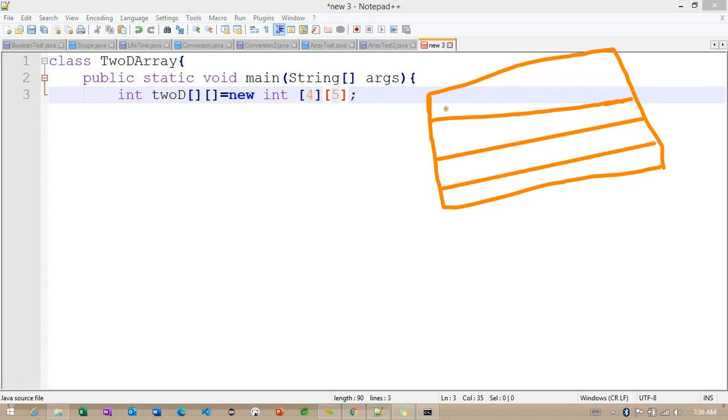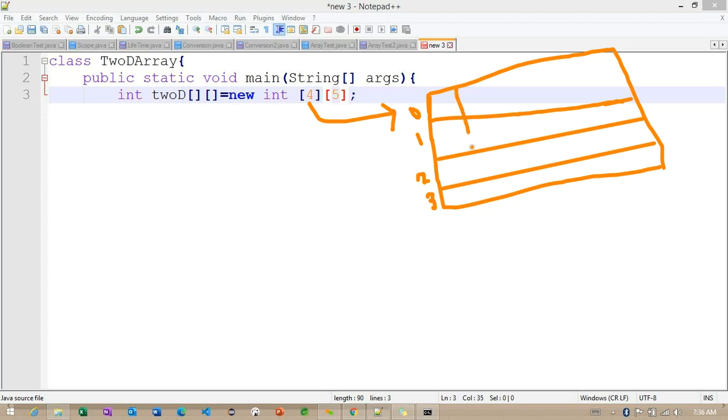Now you can see, this is indicating for this array. Getting the point? So 0, 1, 2, 3 is nothing but whatever the size we created for the first array, the size 4. So this is the array we created. But now what I want to do is check with the second array.